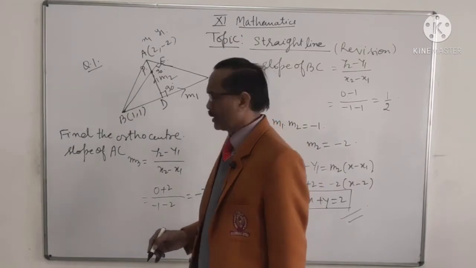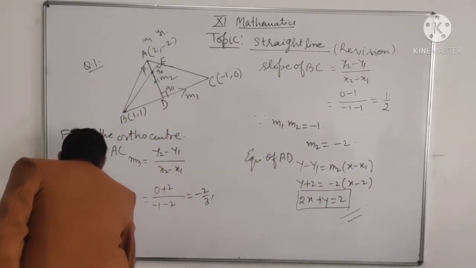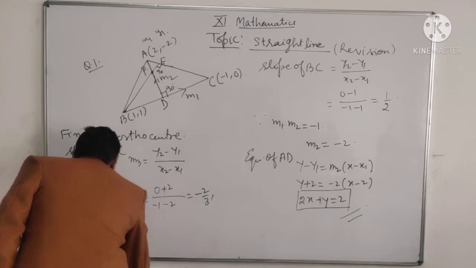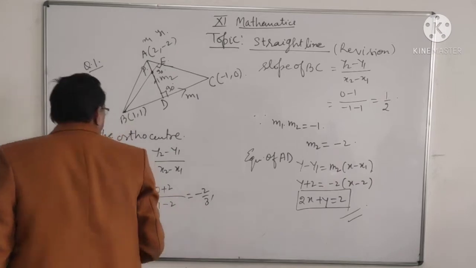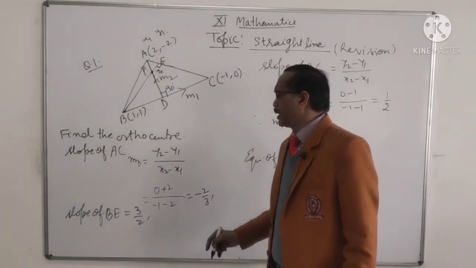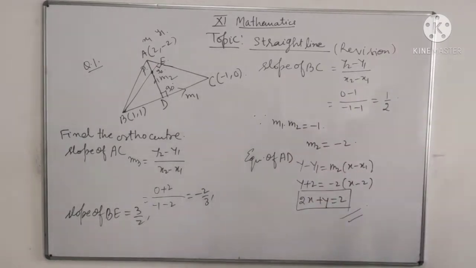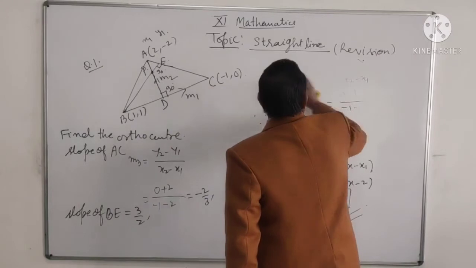Then slope of BE is 3/2. Just take the reciprocal and change the sign. Now equation of BE is